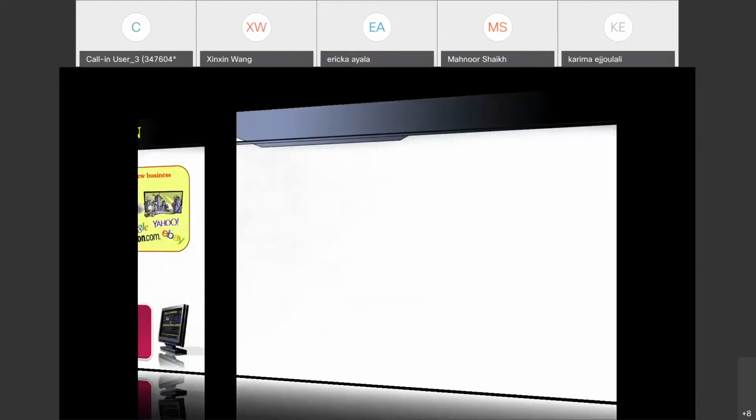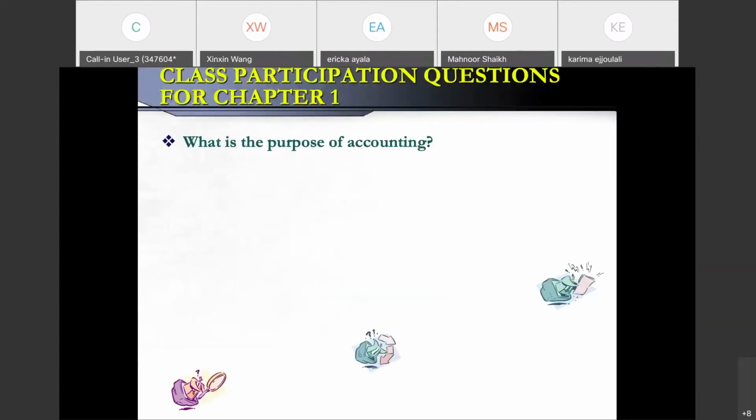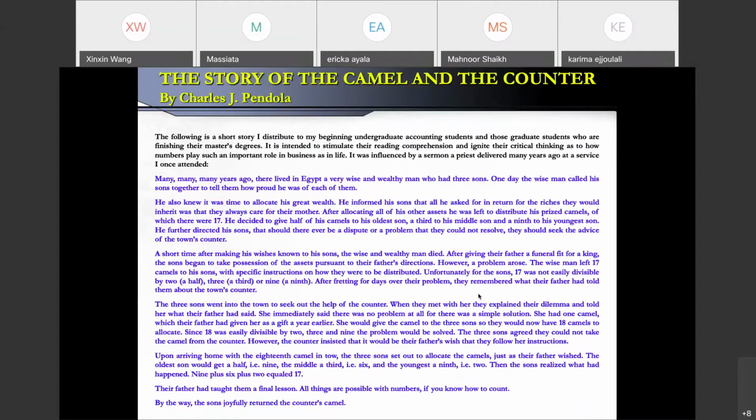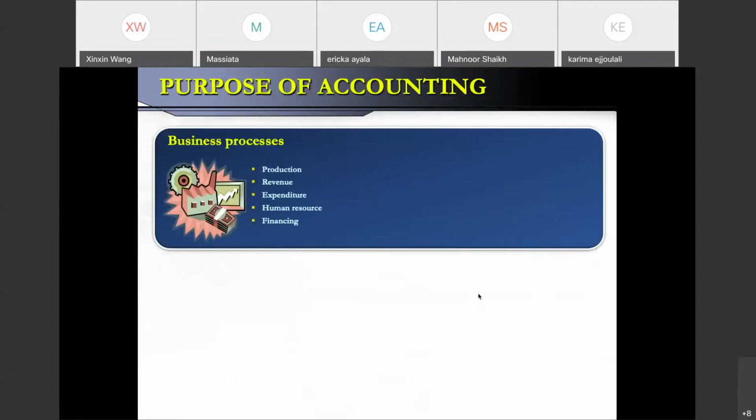So under this new information revolution, we want to go back to the idea about what is the purpose of accounting. So our why this is going on, what is the story that is going on, and how this is distributed. We will talk about it next class, okay? Back to the topic of the purpose of accounting.